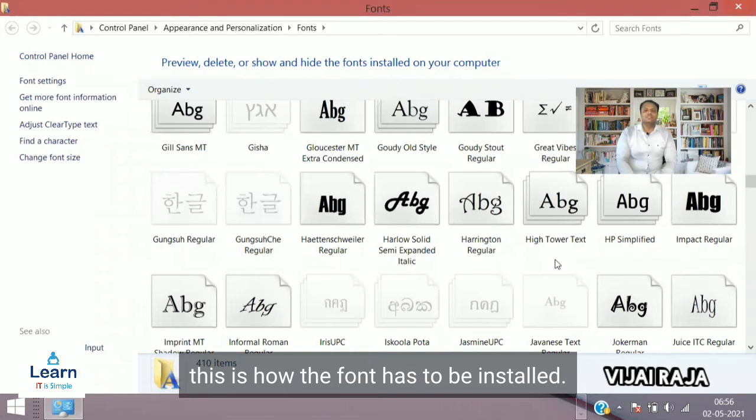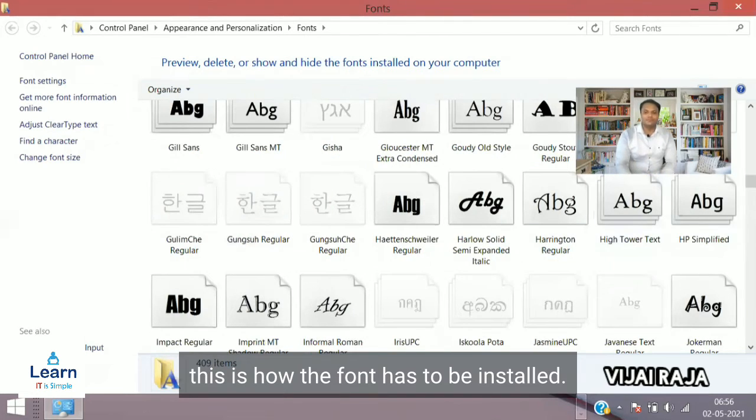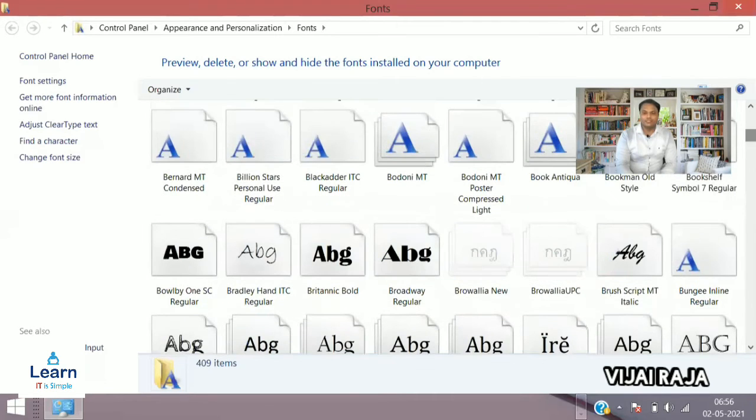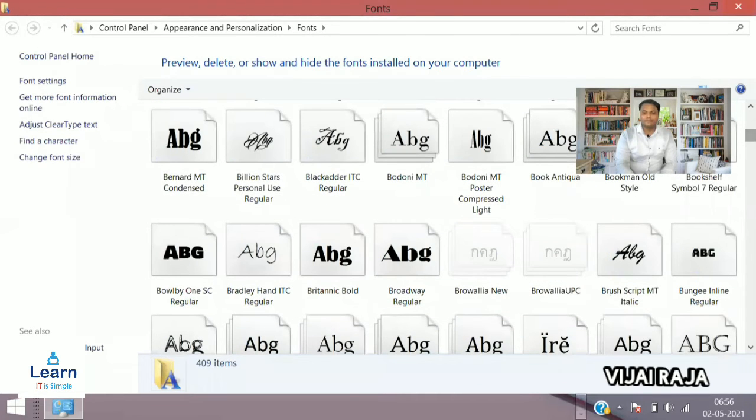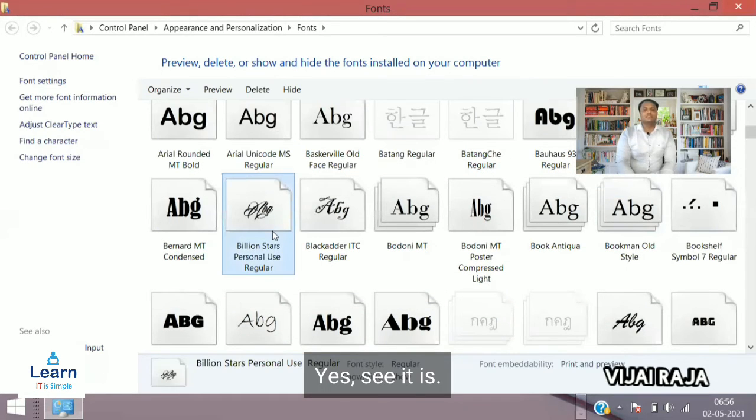This is how the font has to be installed. Billion Stars, right? See, this is how it works.